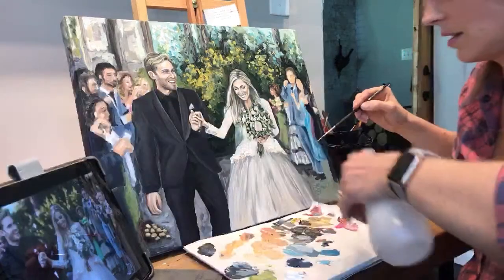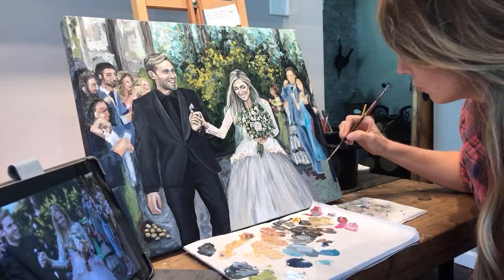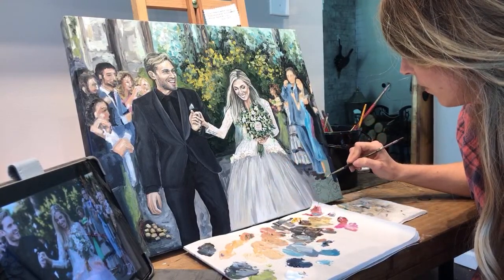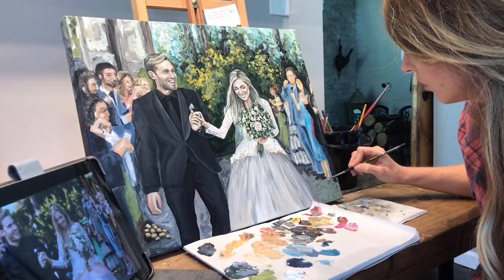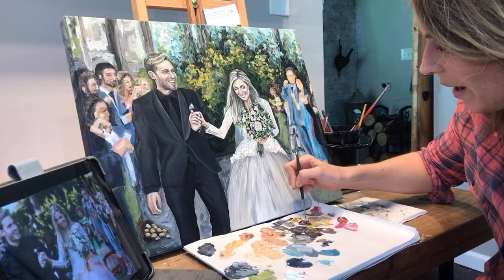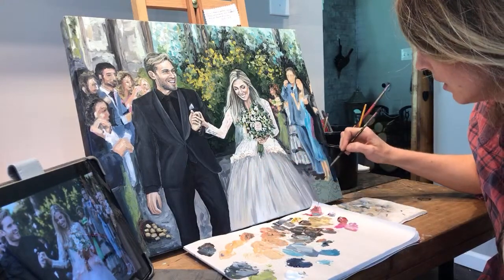Let's see, I gotta keep it wet. With acrylics, they dry so fast. Acrylics can dry within minutes, so I want to make sure that I'm always using my spray bottle, because these colors that I have mixed up, like skin tones, if they dry up on me, then I have to mix them again, and that's hard. So I always have my little spray bottle with me, and I'm spritzing